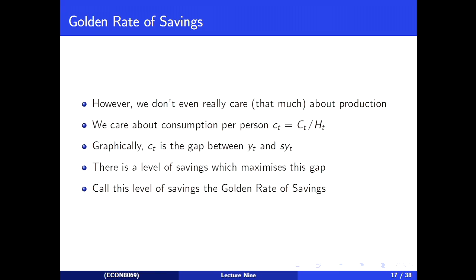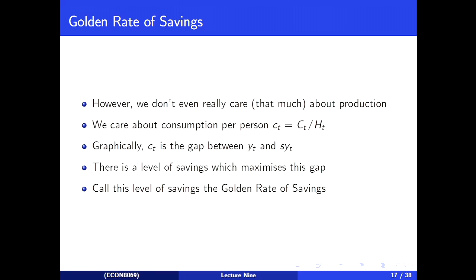There certainly will be, and you can go to extremes, right? If we have 0% savings, then everything is terrible because we drop down eventually. We steady state at zero capital, and we have zero output, which means zero consumption. So a rate of savings of 0 is terrible. So we end up with a steady state of no output, no consumption. Savings rate of 100% is equally terrible because we end up with masses of capital and masses of production, but we're saving all of our money just to keep our capital stock in place, and so we end up consuming nothing. So we get zero consumption. So the extremes are really bad.